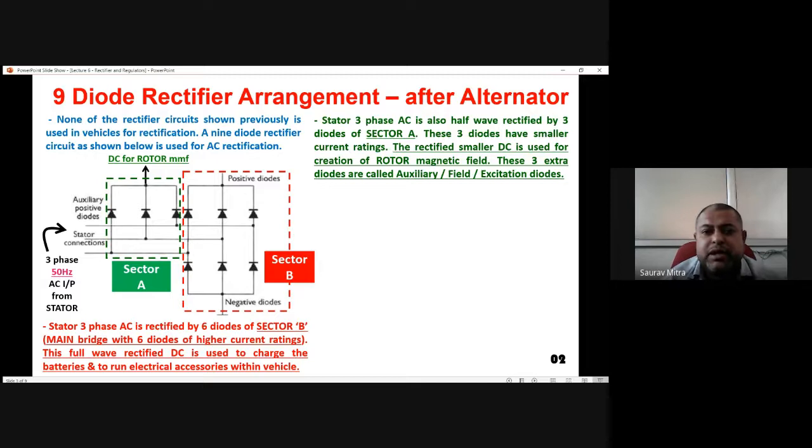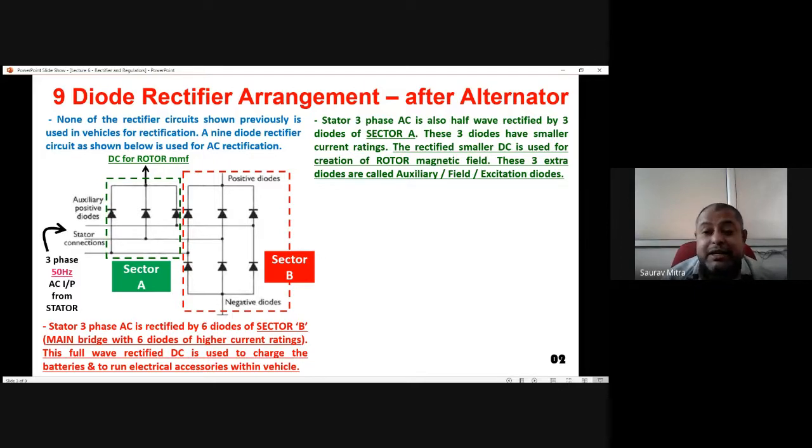It says that there should be a motion. That means whatever rotor is there, there should be a rotary motion of that. So that rotary motion is coming from rotation of the rotor, and that rotor is connected with the IC engine. Okay, so the IC engine is rotating the rotor. So there is the motion, or rotating motion, inside the alternator.